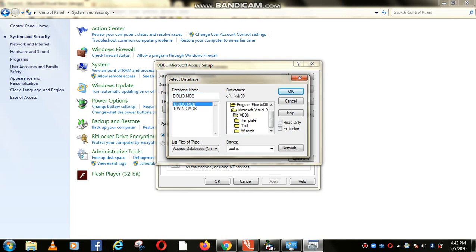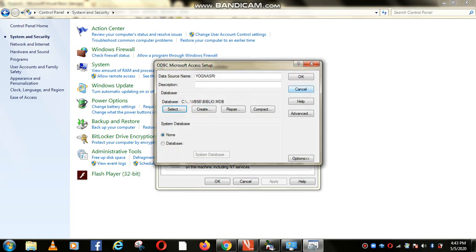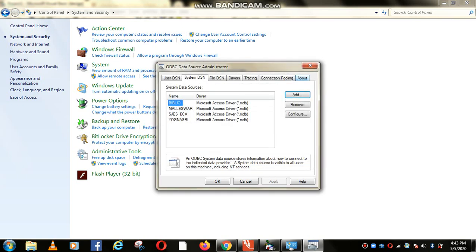In this Biblio it is there. I am clicking, then select. Now it is showing the entire path here. Check here, and then press OK. Now we selected, and it is showing Yognashri. This thing we have to select in the VB.